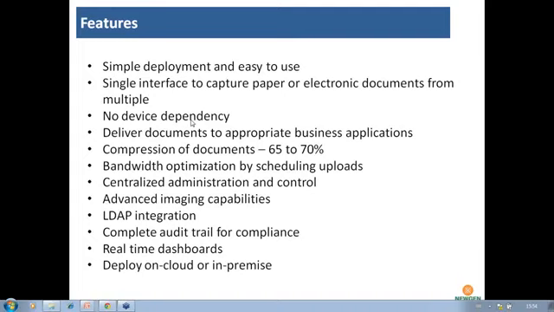With normal scanning, if you send documents through email, they may be lost in transit. There is no monitoring and tracking of those. If you send it through this system, you know who captured the document, when, at what time, and when it reached the head office, and he can open it in a secure environment. He cannot say, I have not scanned that particular document, or dispute the number of pages.